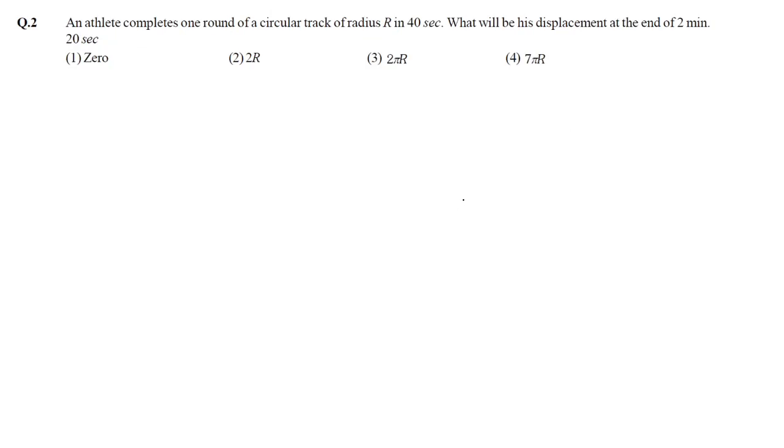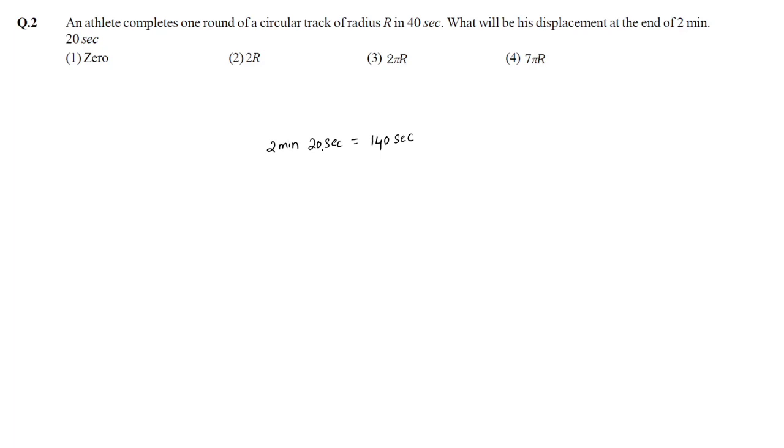An athlete completes one round of a circular track of radius r in 40 seconds. So what will be his displacement at the end of 2 minutes 20 seconds? So here 2 minutes 20 seconds means it is 140 seconds. Why? Means in 1 minute 60, in another minute 60, so 60 plus 60, 120 plus 20 is totally 140